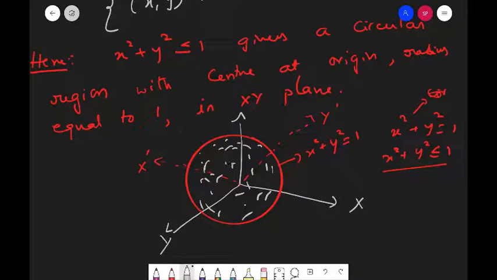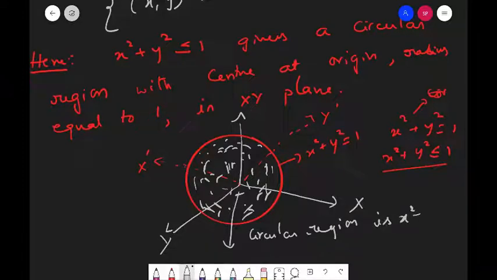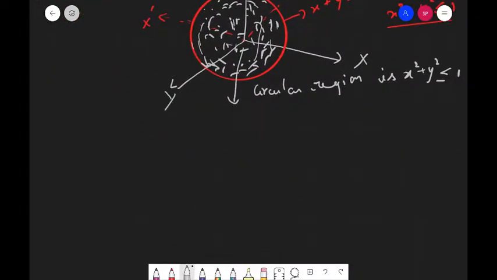This circular region is x square plus y square less than or equal to 1. All the points inside this circle will be the domain for the function. And we will write this function as